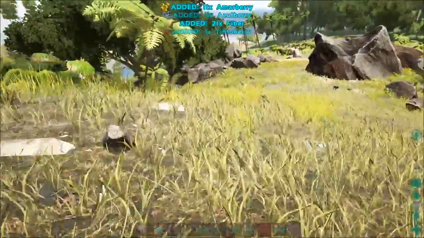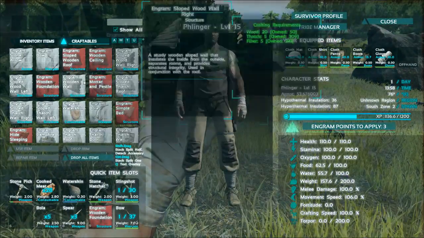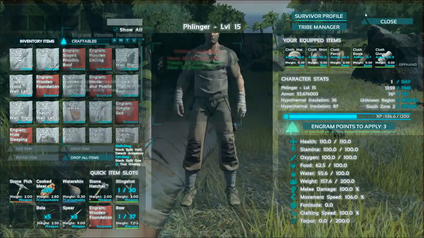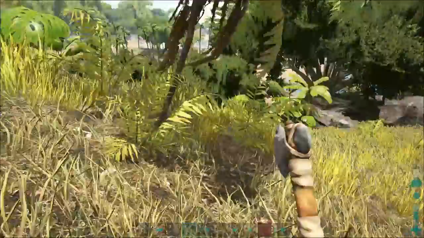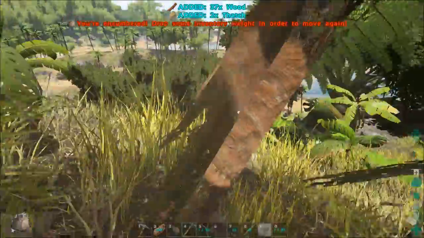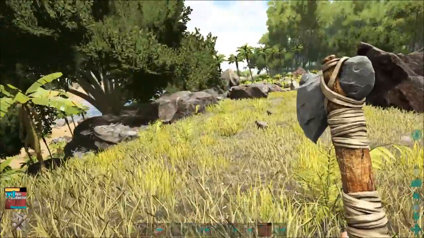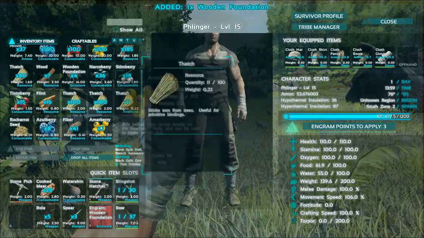All right. Let's get down here. All right, I should have a whole bunch so now I can start pumping out some wood. Yeah, okay. So let's go get some wood. Knew that was going to happen. All right, so there's that. And also, I've got a ton of berries, and I'm going to start actually chucking some